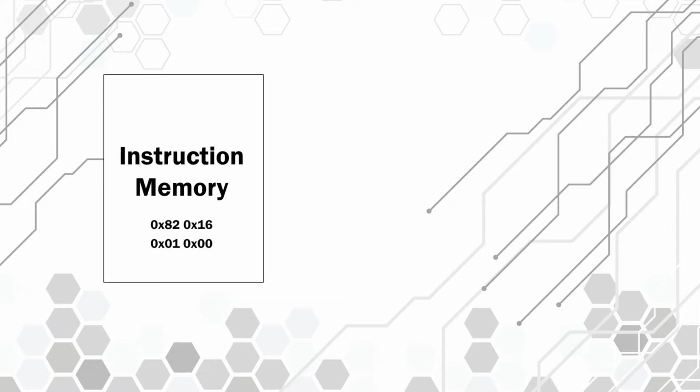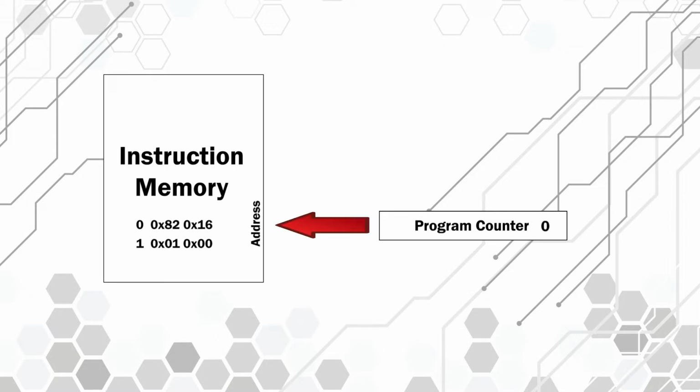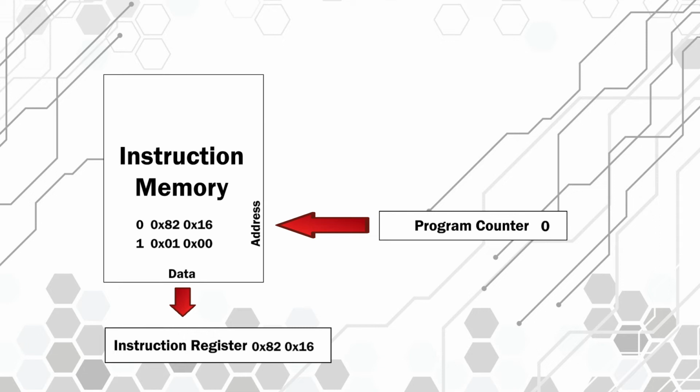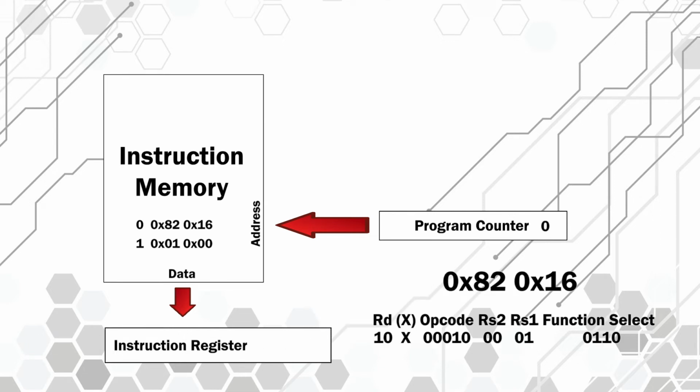Our program is stored in a region of memory called the instruction memory, which is inside the CPU. The CPU needs to fetch each instruction in order to execute it, so we need a program counter which points at the current instruction to know which instruction we need to fetch. When the computer is turned on, the program counter is set to 0 so that it points at the first instruction. To fetch that instruction, the CPU reads the first instruction from instruction memory and stores it in an instruction register. Now that we have the instruction, we need to break it into its relevant components.